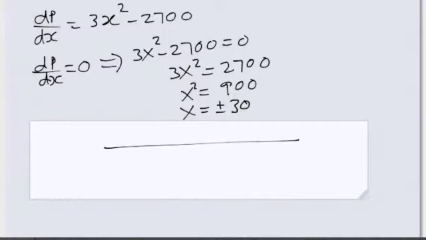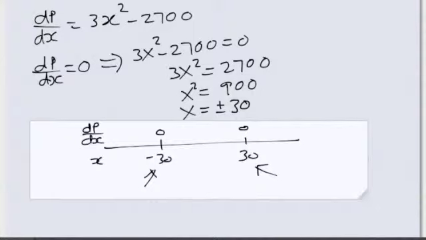To determine the nature of the stationary points, minus 30 and plus 30, we put the value of x under the horizontal line and dP/dx above the horizontal line. At minus 30, dP/dx is 0, and at plus 30, dP/dx is 0. The number of items produced cannot be negative, so we know x can't take this negative value in this question. So we just need to verify that x equals 30